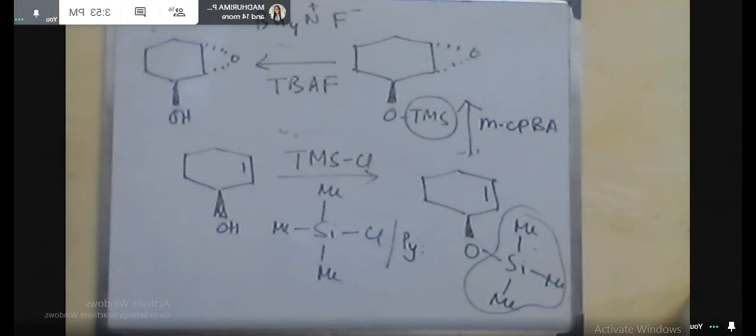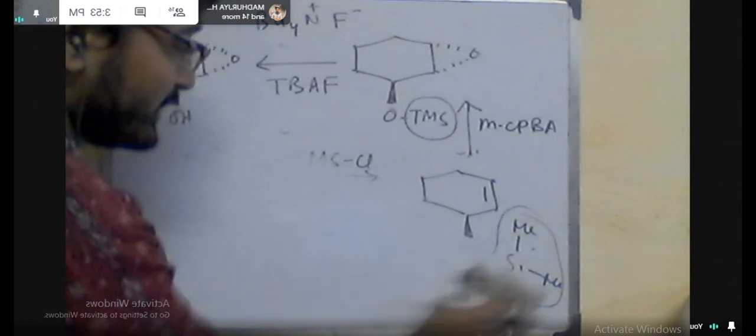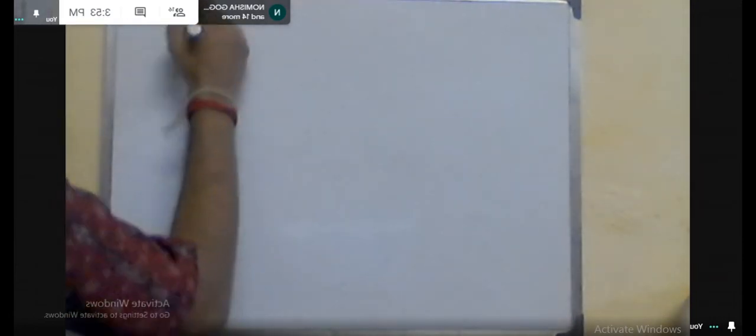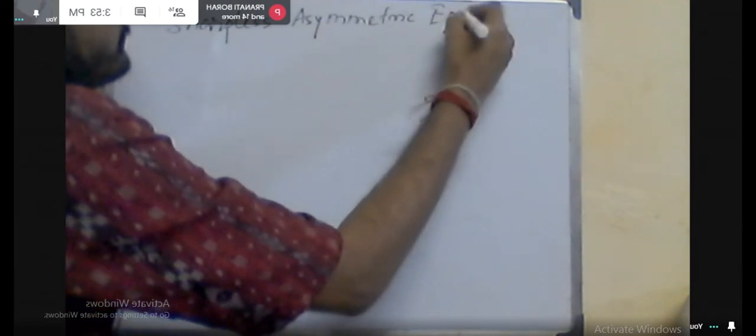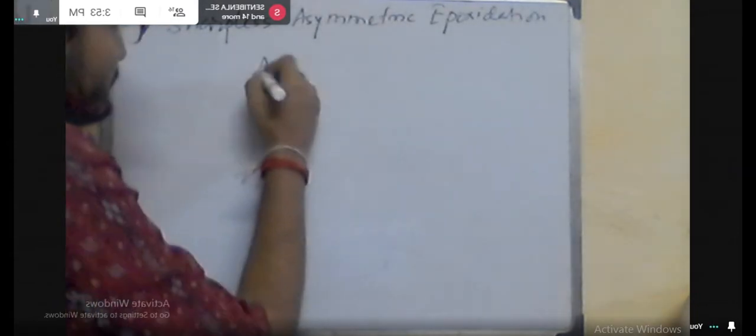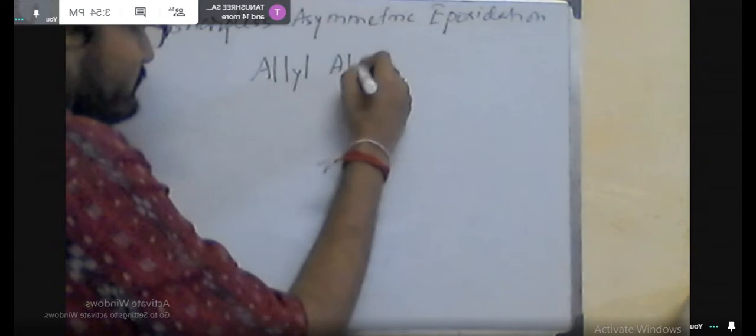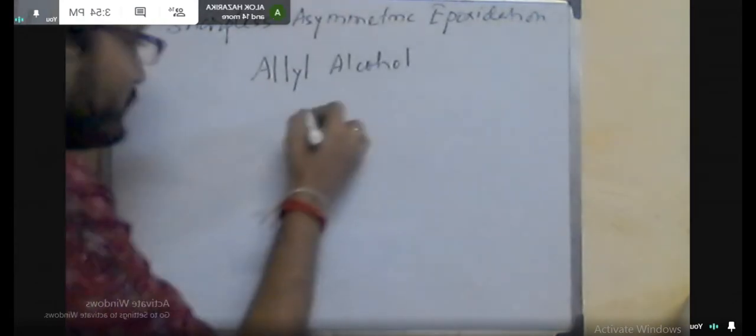Generally, the Sharpless asymmetric epoxidation is used for the epoxidation of the allyl alcohol. You know, this is the allyl carbocation. If we add the OH here, so this is the allyl bond, and this as a whole is named the allyl alcohol. So in Sharpless epoxidation, we will epoxidize this substrate, and in this case, in the study material you have seen